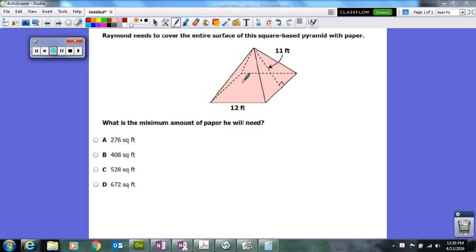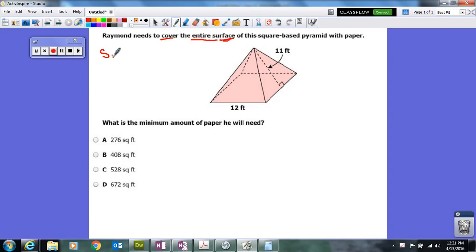So when we see a three-dimensional figure, usually there are two things it's asking for. Either find the volume or find the surface area. Volume is the amount of space inside an object, whereas surface is the amount of space on the outside of the object. So literally, we're talking about covering the entire surface of the square-based pyramid. So we're talking about the area on the outside of the figure, so we're going to need our surface area